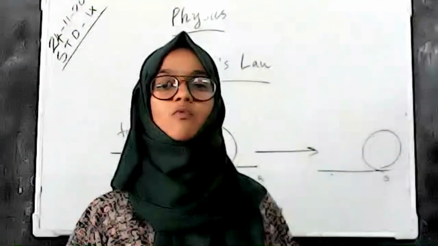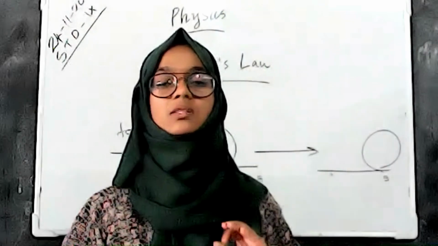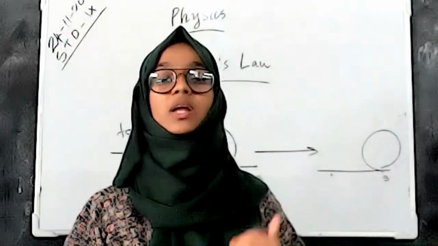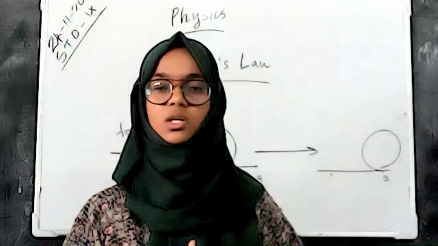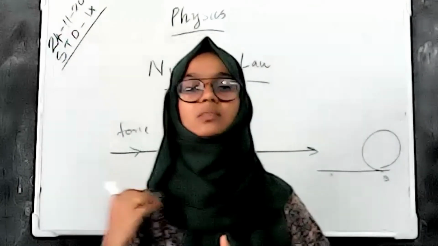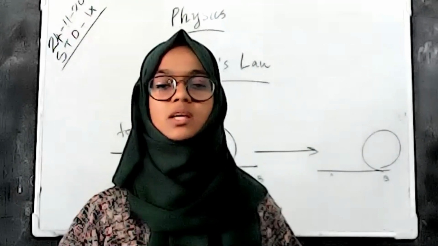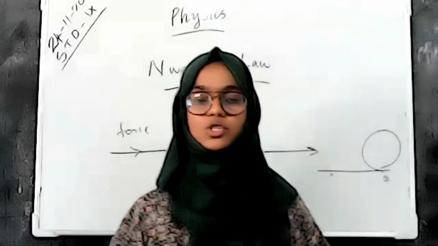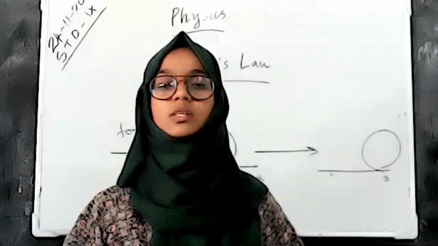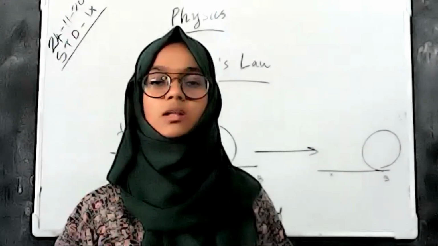And we are discussing the observation of Galileo. Galileo says that there is no need of an external unbalanced force for a body that is moving in a rectilinear path. And from Galileo's observation, Newton formulated three laws. In the first law, Newton describes that if a body wants to change its state of rest or uniform motion, there is a need for an external unbalanced force. So this is all for today's class. I think all of you understand Newton's first law and the others.